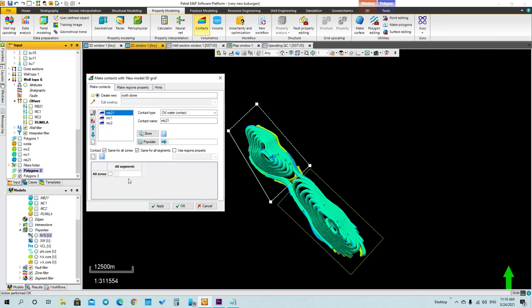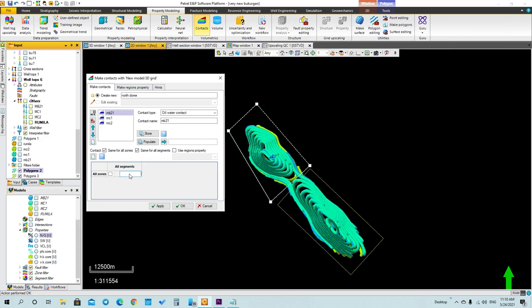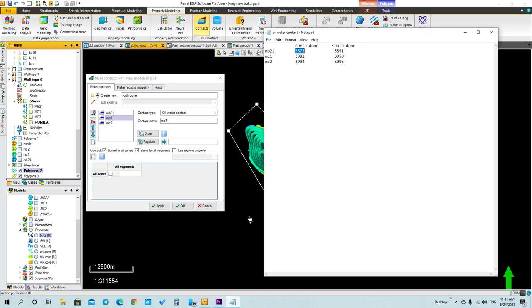And here we have to put the depth of it. So first the depth of MB21 is 3,875, and the second one is